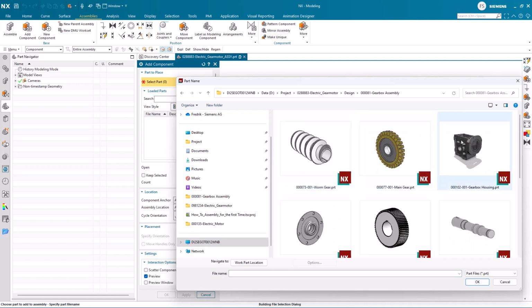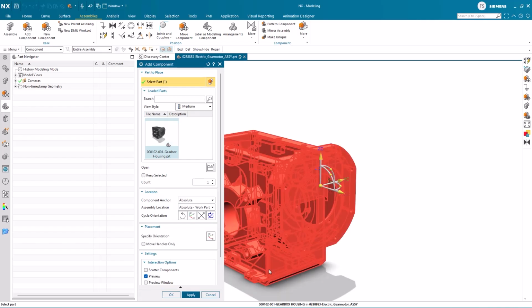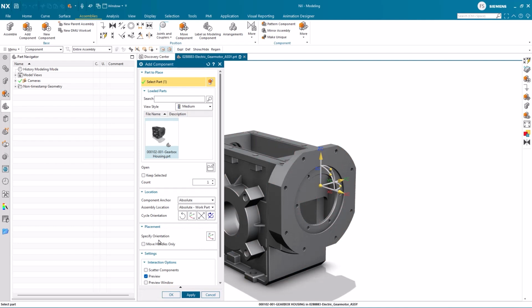As the angled gearbox housing is the essential part here, to which all other parts are attached, this will be the first part to be added. We ensure that this part is added in the absolute position. This ensures that no accidental rotations are included.